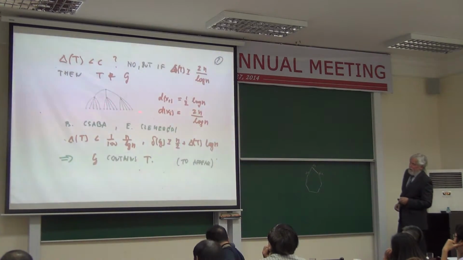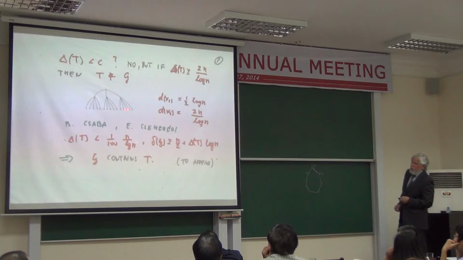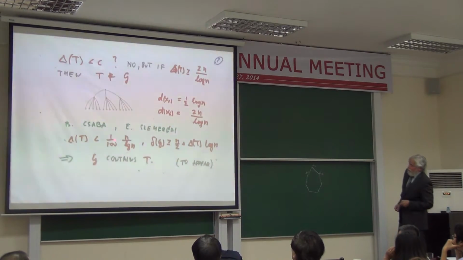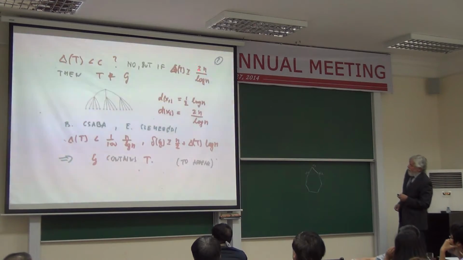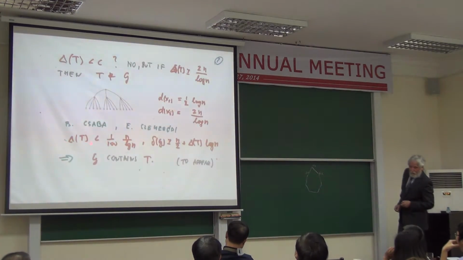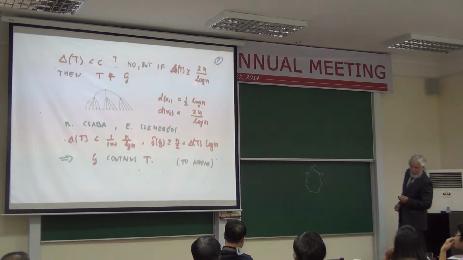And the reason is that if you just take a random graph that contains 1/10 of all of the edges, then it's very easy to check that this is not contained, even if I forget about the root. So you see, 2n over log n and n over log n are almost the same number, except for the constant. If it is 2, then you cannot do the business. But if it is 1 over 100, then you can. So actually, in that sense, it is a very, very tight result.